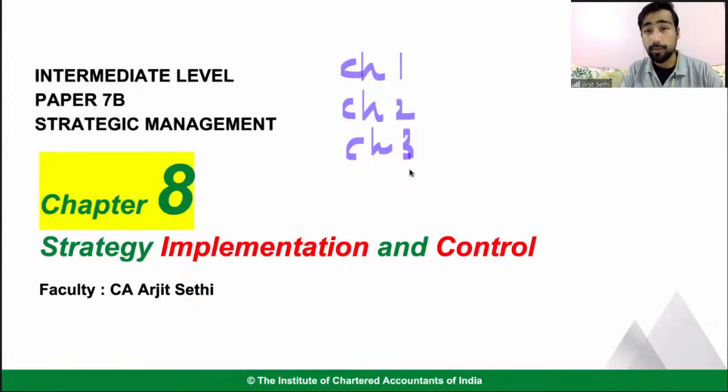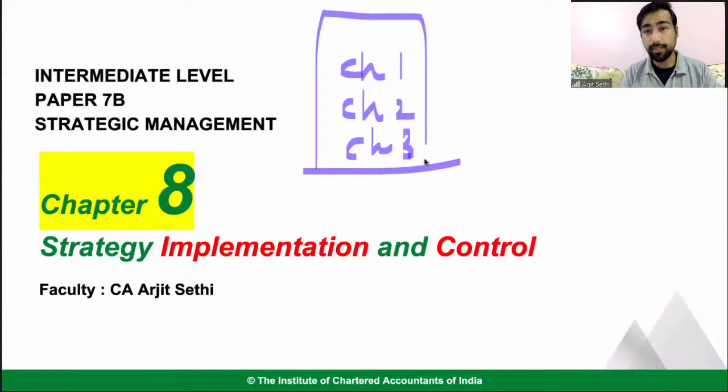Intent, mission, vision, right? Ideally, why are we actually doing a business? What is a business? What is my definition? What is my strategy? What is my business model? How do I want to earn money? That is what we did in chapter number 3, right? The basics we did in chapter 1, 2, 3.